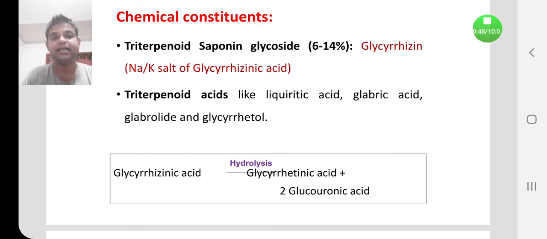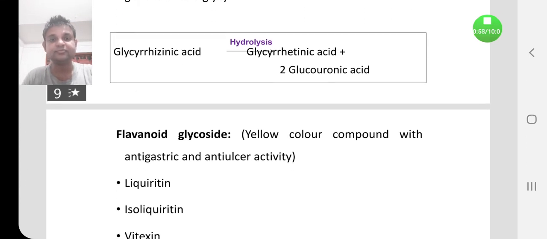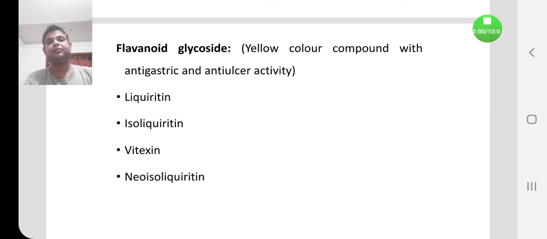Glycyrrhizinic acid upon hydrolysis produces glycyrrhetinic acid and 2 units of glucuronic acid. Apart from saponin glycoside, it also contains flavonoid glycoside. Due to the presence of the flavonoid glycoside, the inner part of licorice is yellowish in color, and as far